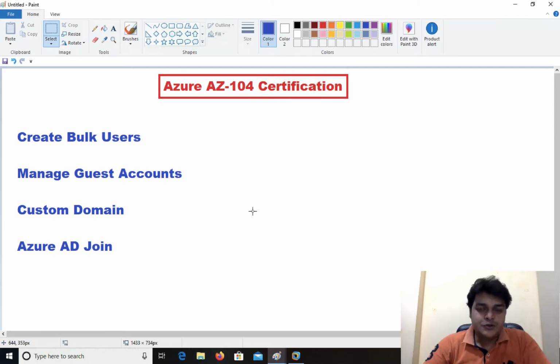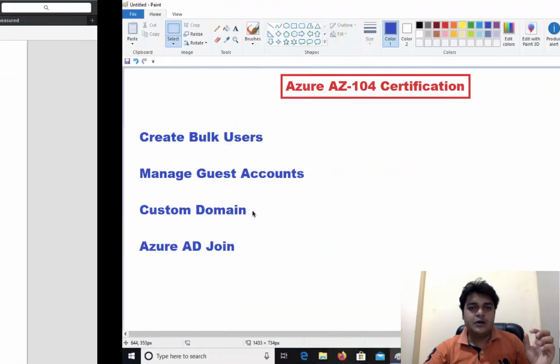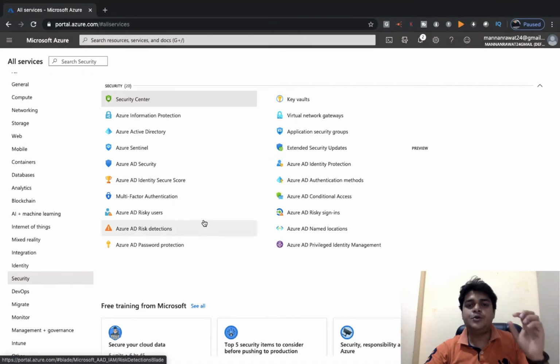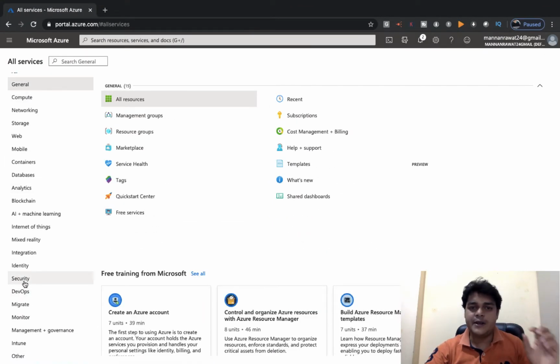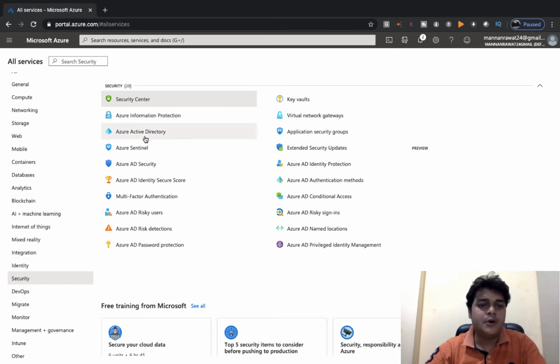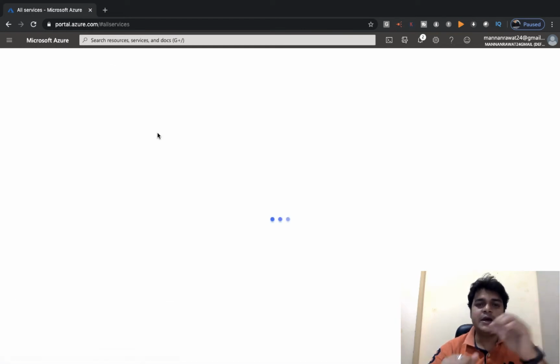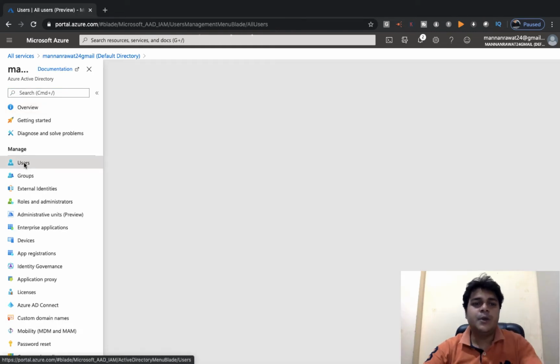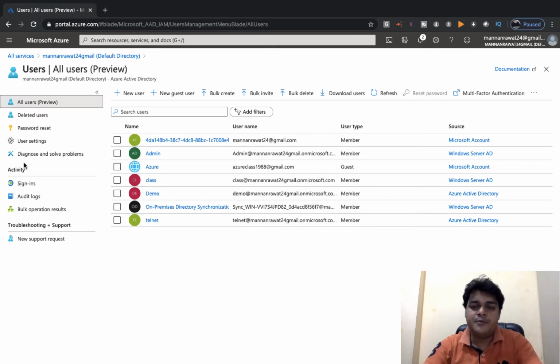So guys, I'm going to show you how we can manage these types of content. First of all, I'll show you how we can create multiple user accounts over Azure AD. This is our Azure portal, and in the portal we click on the security part, where we have an option, Azure Active Directory. Click there, and then click on Users. It gives you the entire information related to the users that you created. Right now we have up to 7 different users available.